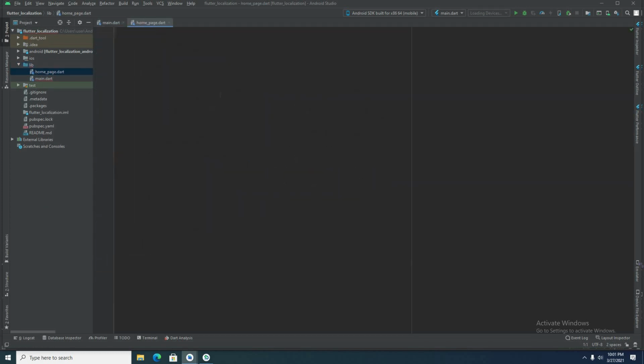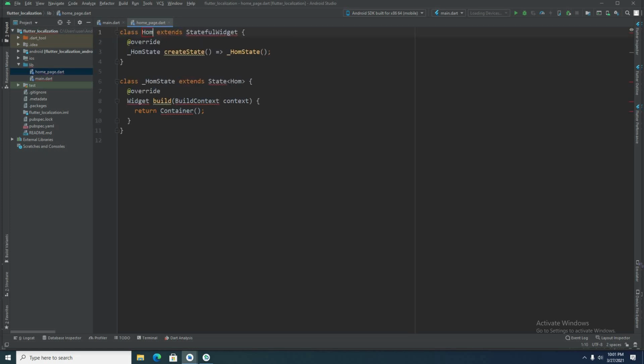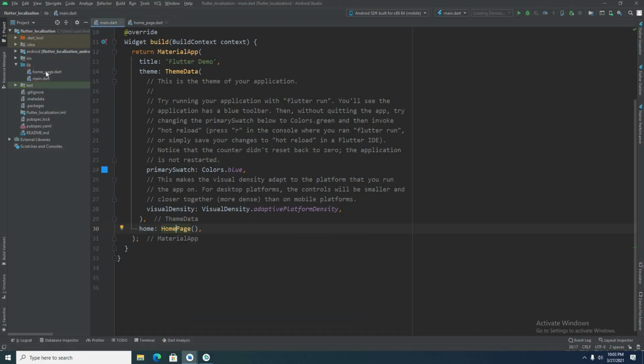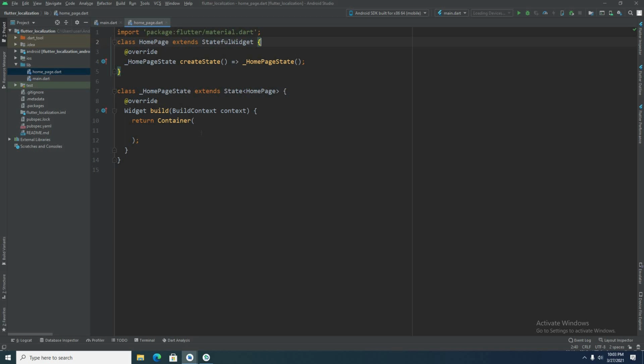Inside this file, I'll create a stateful widget called homepage. Now this stateful widget will return a scaffold. Let me add the background color to the scaffold.